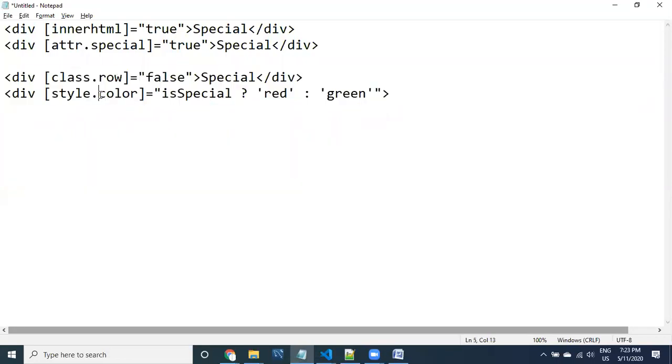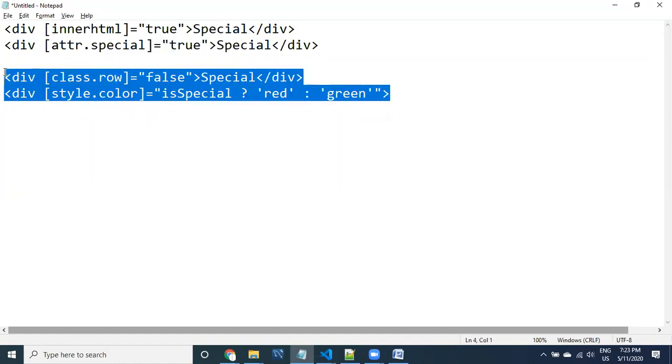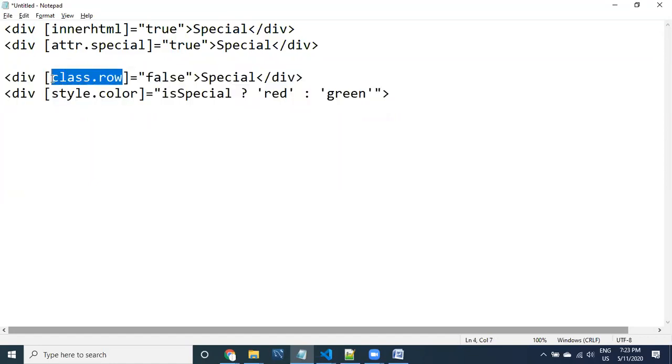Now that you are familiar with these, from the next class onwards I'm going to show you how to use class.row and style.row wherever available. If you want to apply any dynamic classes or dynamic styles, you can use these. So today you came to know property binding, attribute binding, class binding and style binding.